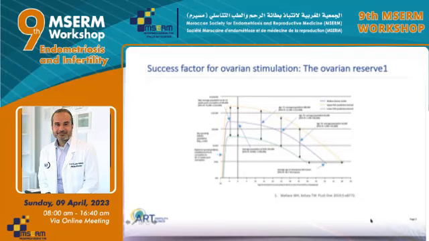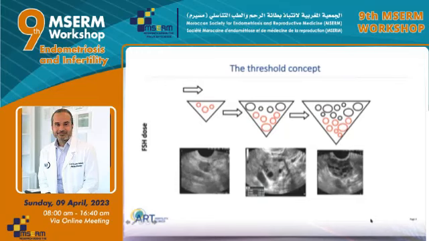Of course, it is one of the factors we need to take into consideration, but it's not the only factor because at any given fertile age, you can have a high responder, normal responder, or a poor responder. Now, if we go for ART, if we go for ovarian stimulation, if you have a poor responder, you want to harvest all the eggs you have. If you are a normal responder, you want to have 70 to 80% of the follicles you are seeing. And if you are a high responder, the last thing you want is to recruit all those follicles. So we need to have a basic understanding of the ovarian reserve in order to increase our efficacy in the way